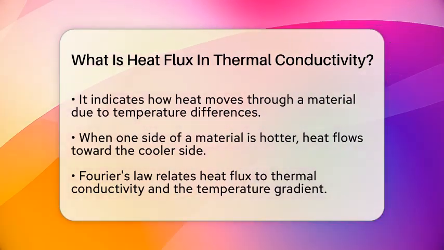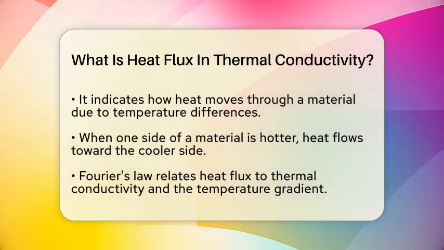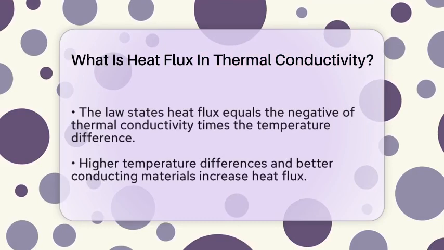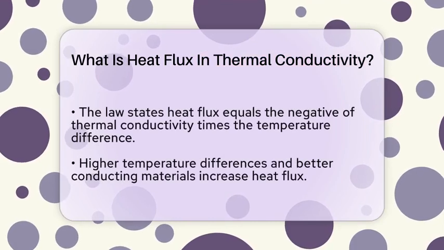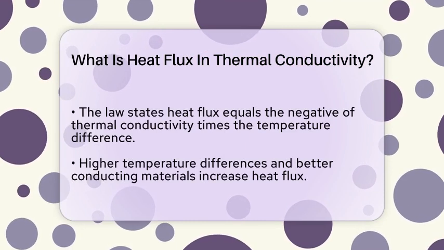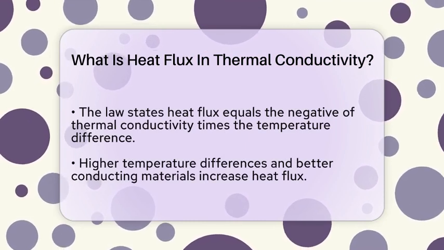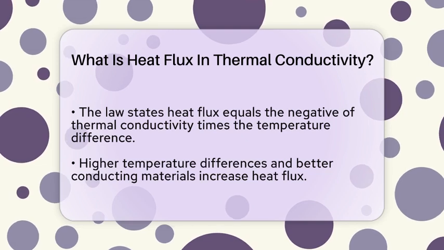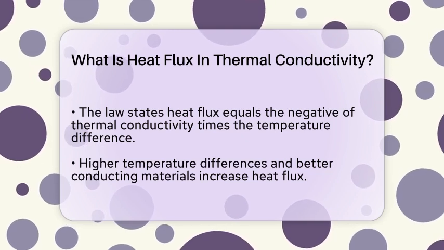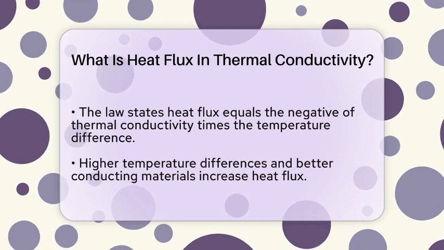It states that the heat flux equals the negative of the thermal conductivity times the temperature gradient. The negative sign just shows that heat flows from higher to lower temperatures. So, if the temperature difference gets bigger, or if the material is better at conducting heat, the heat flux will increase. Materials like metals have high thermal conductivity, so they transfer heat quickly and produce high heat flux when there's